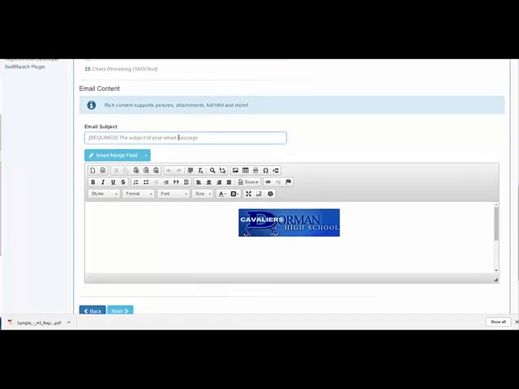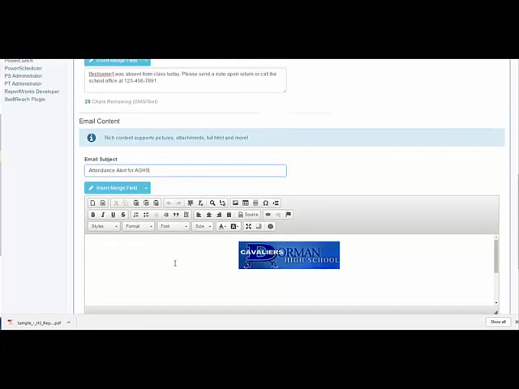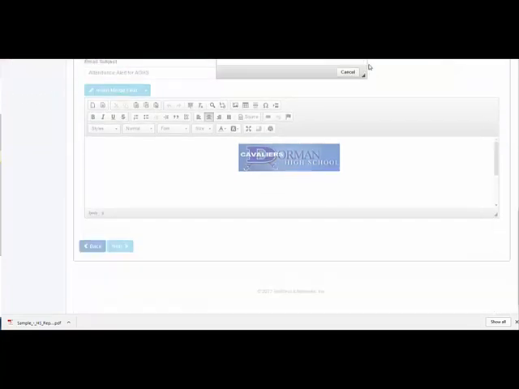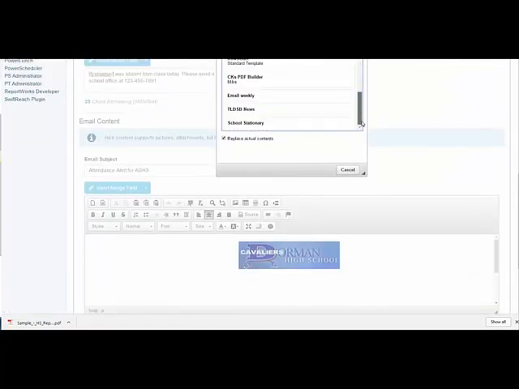Finally, within your email content, just place the content subject within this particular box. In this case, it's an attendance alert for Apple Grove High School. If you have any templates that you have developed within the email stationery section, they would already be populated. If you need to change that template, you can do so from this particular window over here and replace the